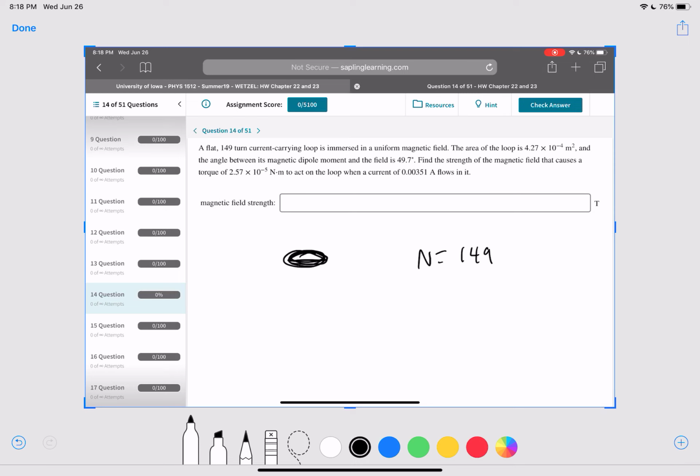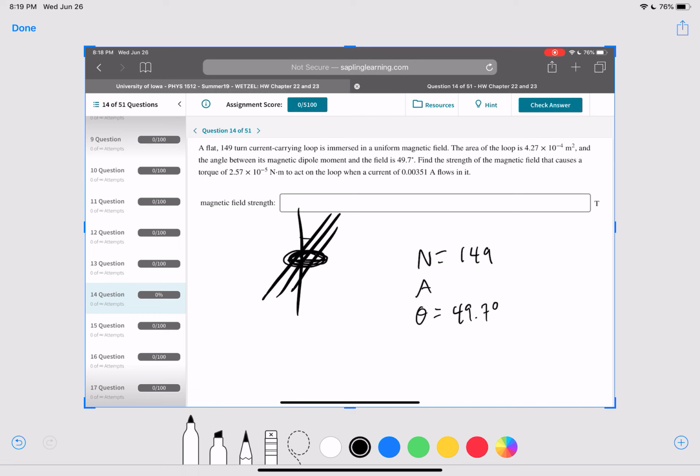Okay, and it's immersed in a uniform magnetic field. We've got the area of the loop here. We've got the angle of 49.7 degrees. And we want the strength of the magnetic field that causes a torque of this to act